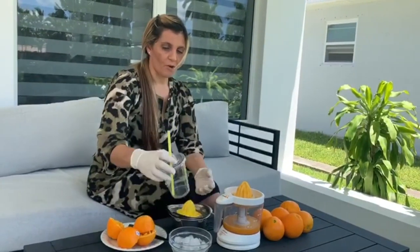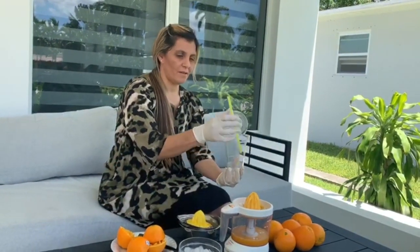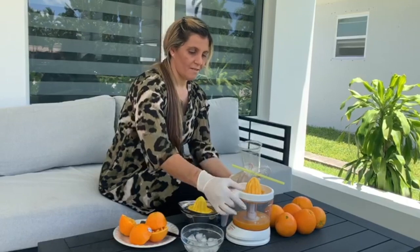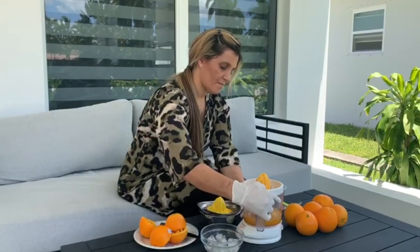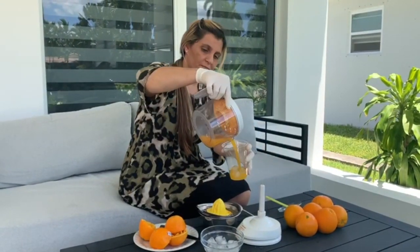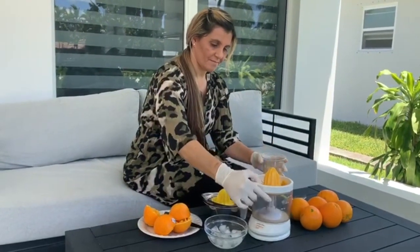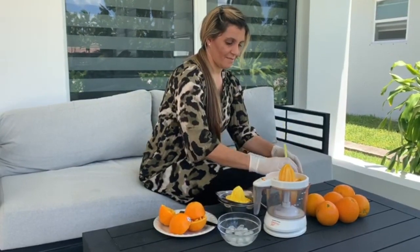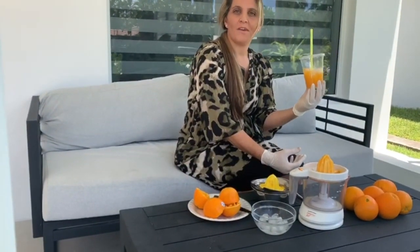Now, we're going to pour the oranges that we made. We're going to take one cup, like that. I'm going to put in a few ice cubes. And we're going to pour it. Okay. Pour. Now we have a yummy juice from the oranges, and